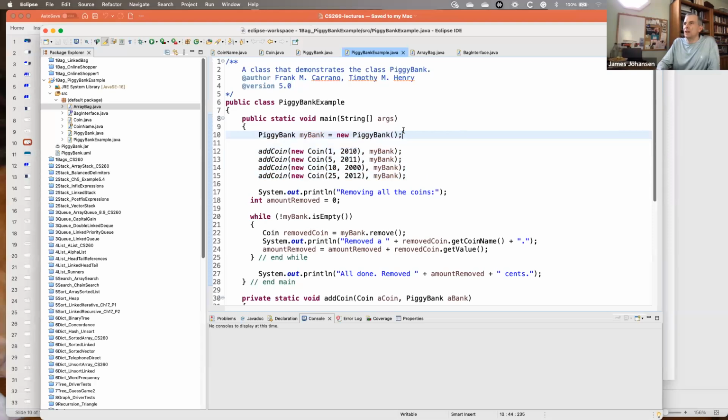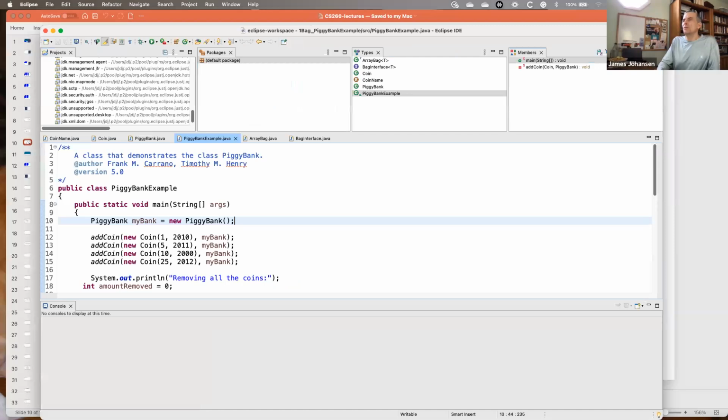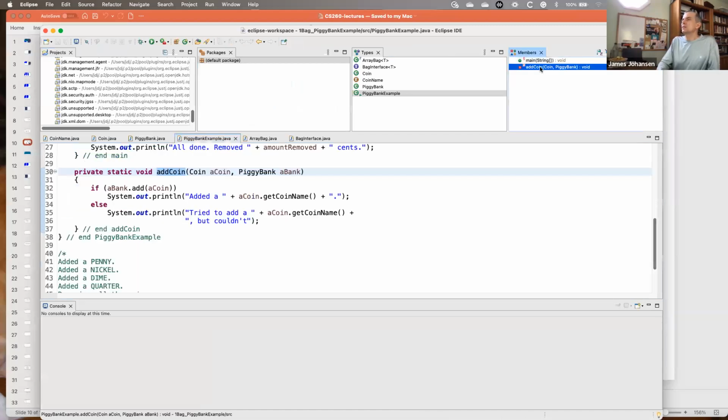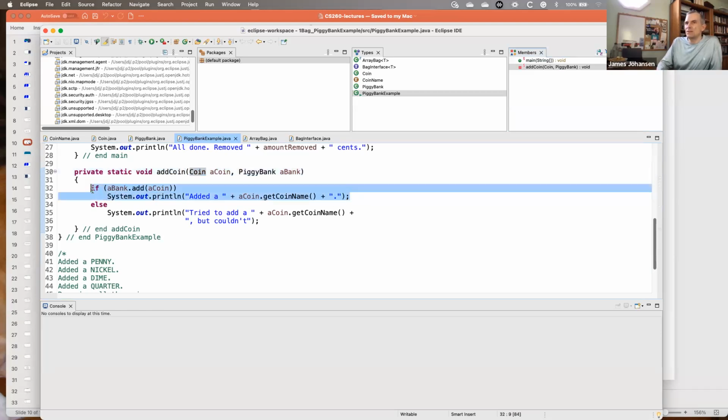So first we create the bank and then we add coins to that bank. And so this is where we get a chance to see how that works. And so add coin. So this handles some of the things. It's a private method. And so it gets us the coin. And so we know that it's of the type coin, and we'll get to that in a minute. And so we get some nice terminal feedback. Okay, we got a coin of some type,